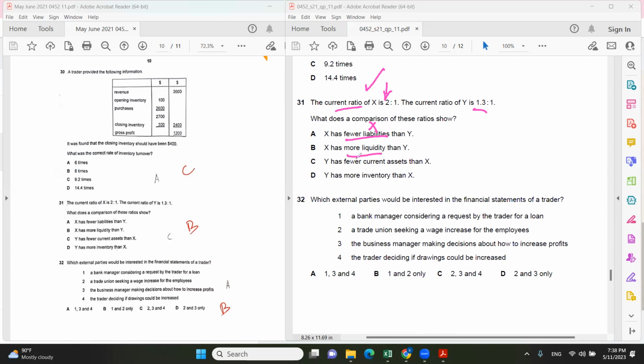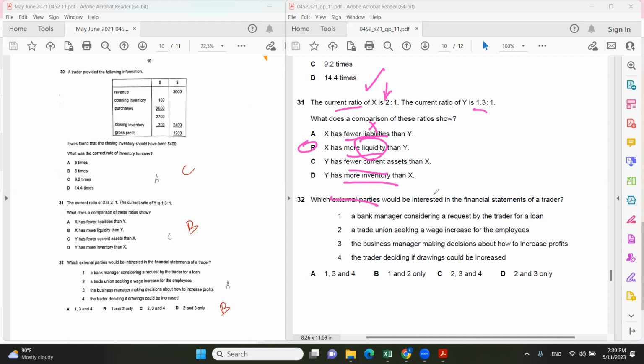X has more liquidity. Yes, this is because the current ratio and quick ratio basically are talking about liquidity. In terms of the value, we do not know. In terms of the inventory, also we don't know. The only thing to take note of is that when it comes to current ratio and the liquid ratio or quick ratio, we talk about liquidity. Okay, 32. Which external party